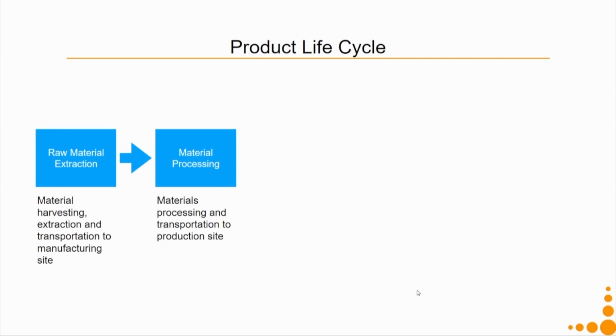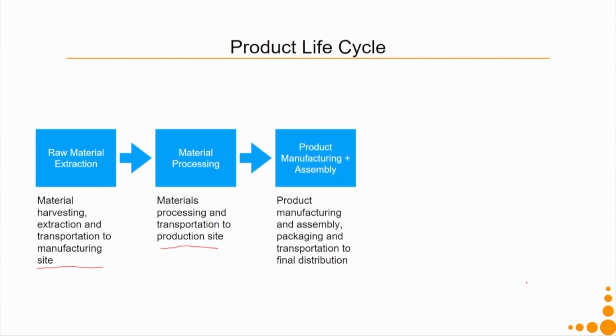So, it also involves all the transportation up to the production site. The transportation of the raw material to the material processing site is involved in the previous step. In material processing, what I am talking about is the transportation to the production site, which is my next site.